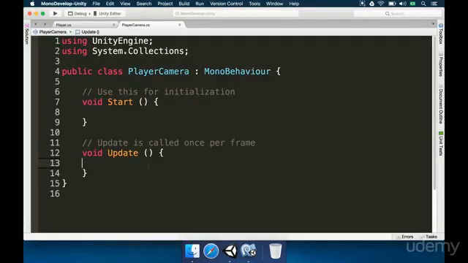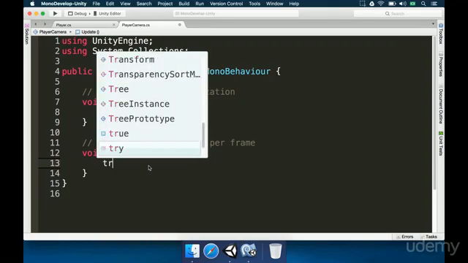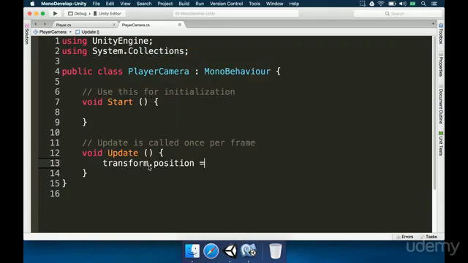So the trick that we're going to use here is basic trigonometry to make the player move up and down. So in the update method, this is what we're going to type: transform.position is going to be a new Vector3. Okay, so we've got this. And better yet, instead of using transform.position, we're going to use transform.localPosition. And why is